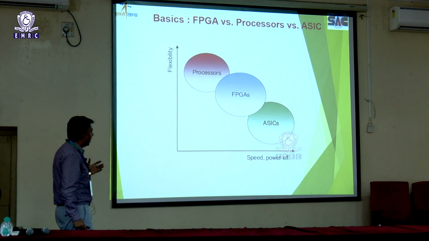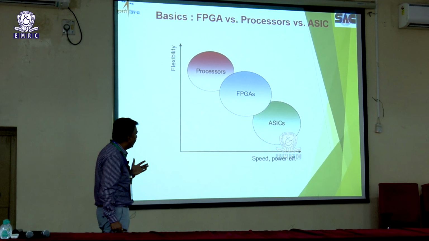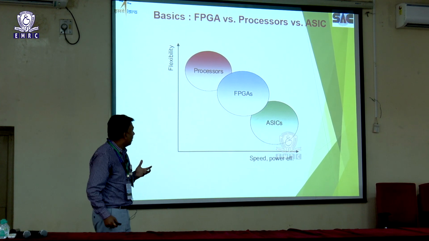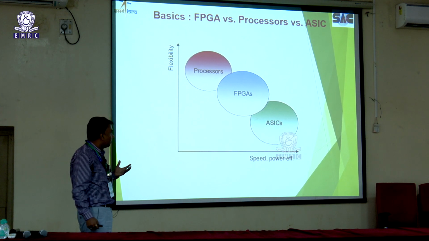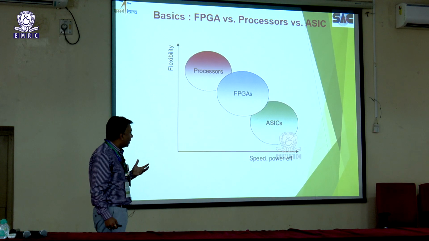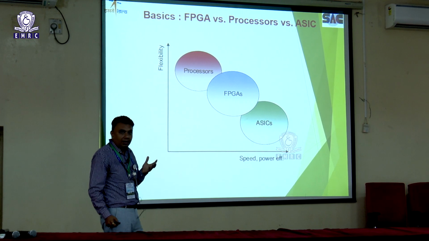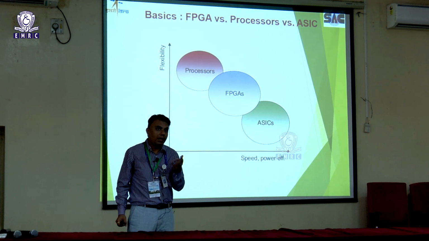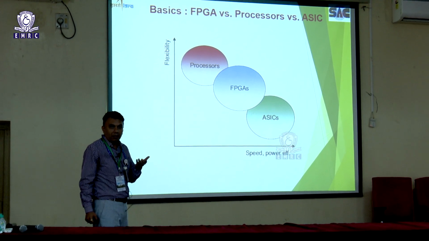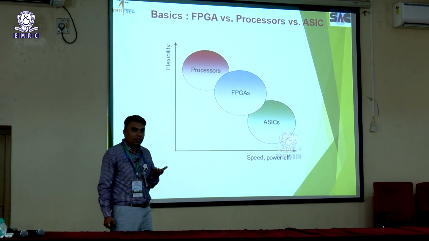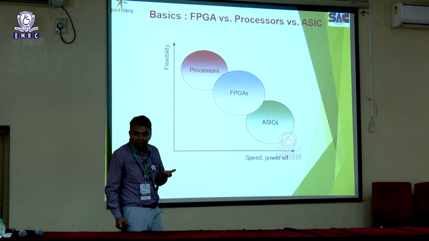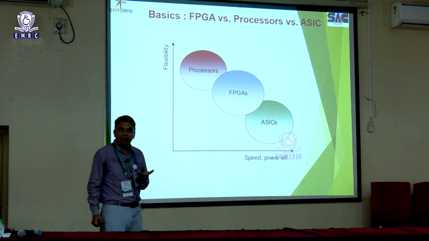If you see the flexibility versus the speed, there are 3 major pillars for the space design. One is called processor based design, another called FPGA based design, another called ASIC based design. Typically, we prefer FPGA based design. The reason behind it is we require a fast turnaround time. If you go with the ASIC cycle, it will take a lot of time and sometimes we do not have such a big volume. It's satellite to satellite, some design change is there. So, we typically prefer FPGA based design.